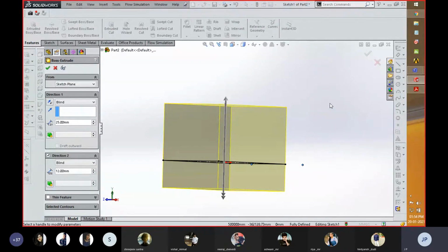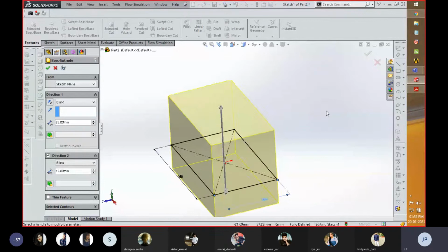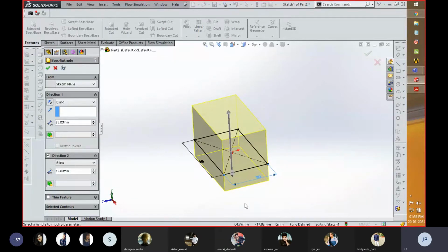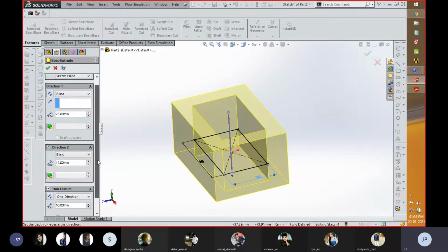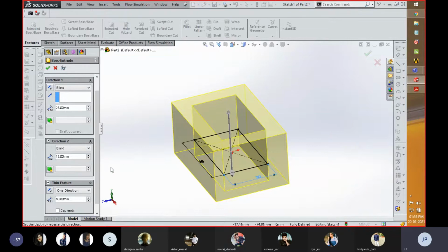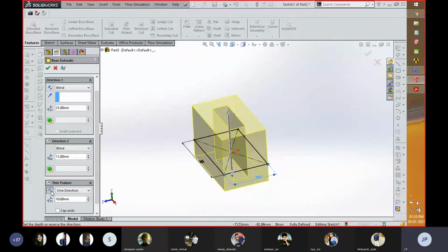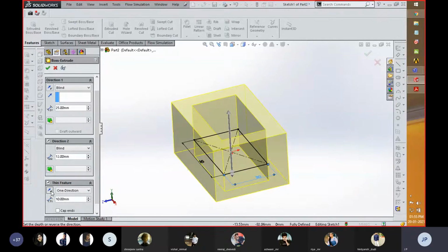Okay. The other thing is that while creating a solid component in this 3D modeling software, if we want to add a thin feature, that is, you want to create a hollow component with the help of this extrude boss tool, you have to click on thin feature. Okay. So if you want to add thickness value from inside or outside, for that purpose you can click on this tool. So the thickness direction is going to be reversed.